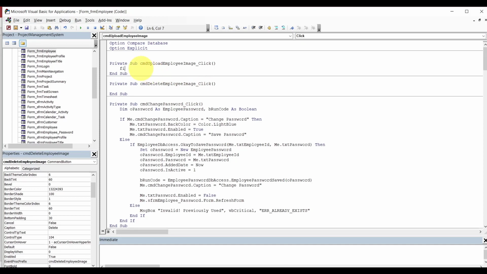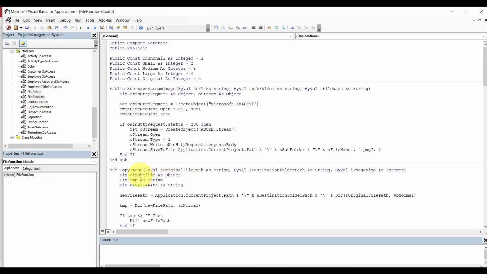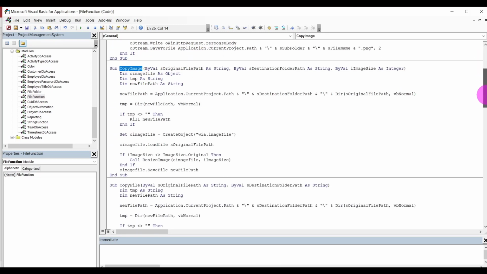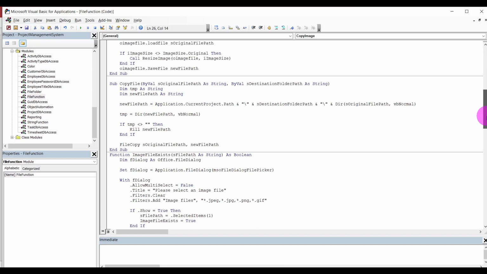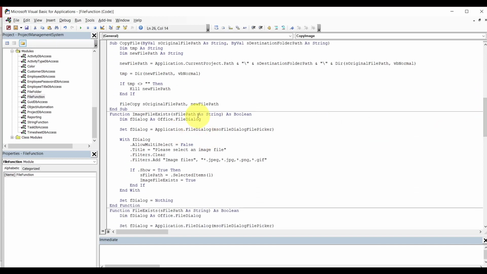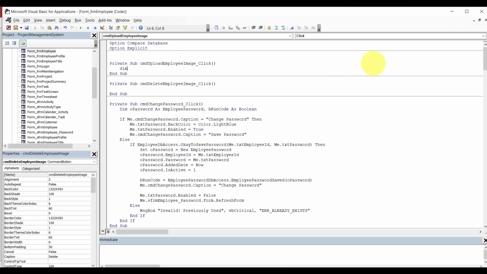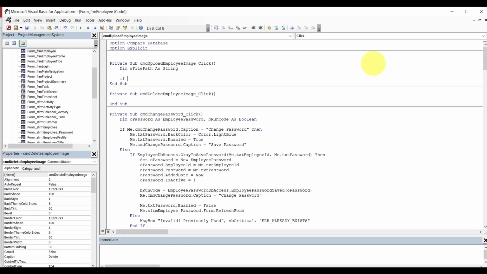Anyways, where we're at here, let's examine our file. This is the file that we imported last time. We are interested in copying this right here. We also say copy file, image file exists right here. It needs something there, that's what I want. So let's do that. sFilePath as String, and then we'll call if file